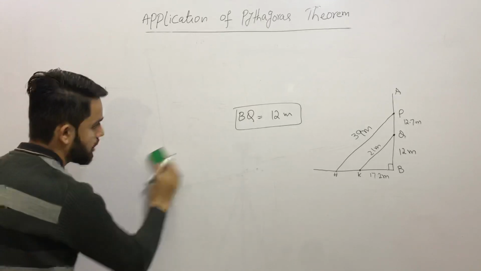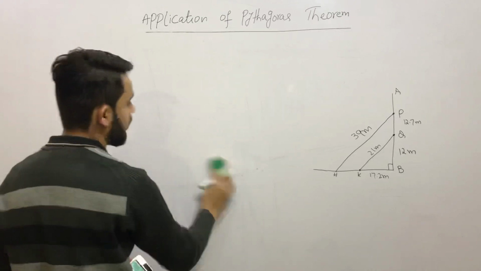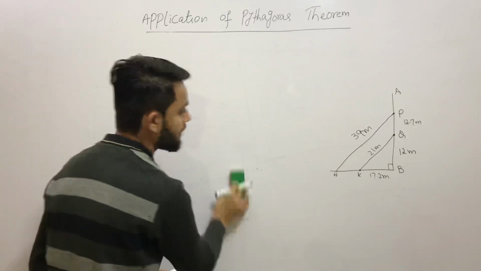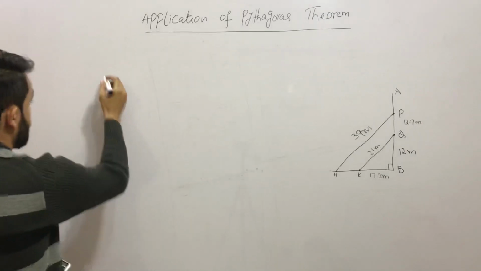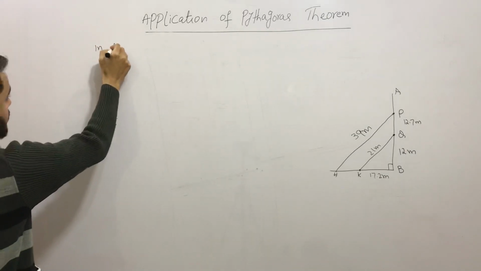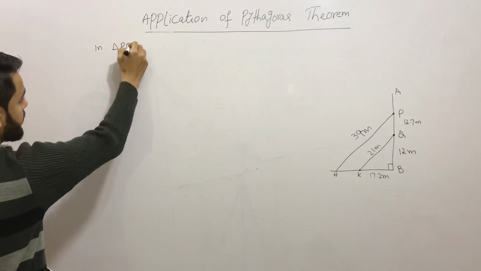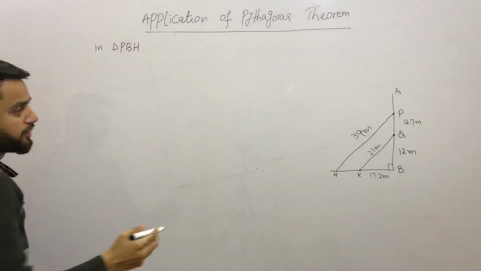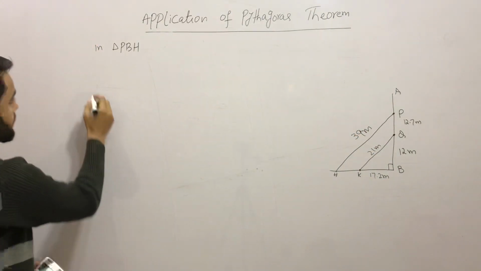Okay, so now we got more space and we can solve for HK very easily. So again I will be writing first, in triangle PBH I am applying the Pythagoras formula, which says